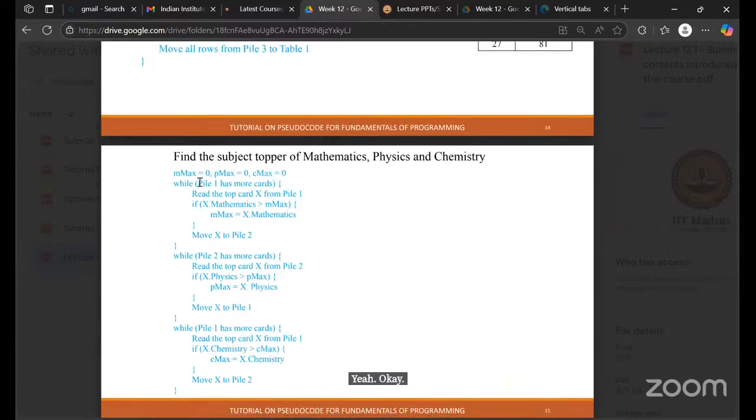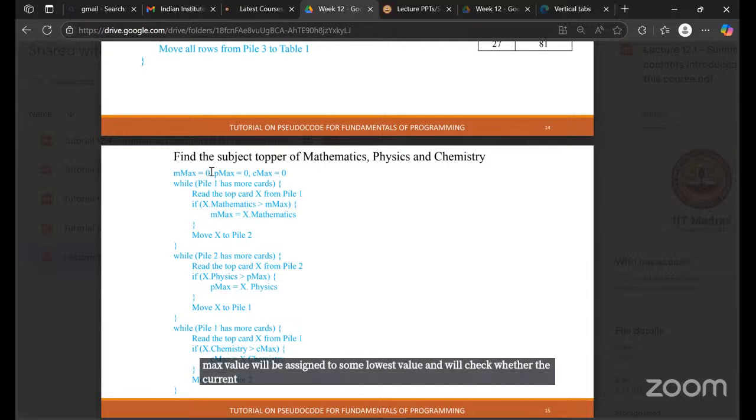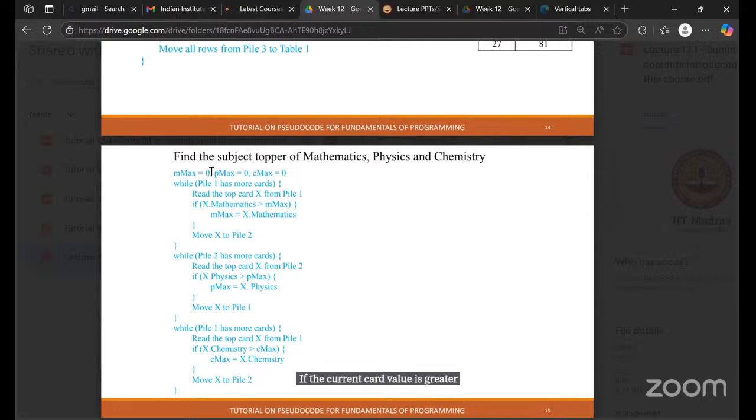Example of procedures are here. Find the subject topper of mathematics, physics, chemistry. If you wanted to find them, how to compute the max? You will store max equal to 0. Max value will be assigned to some lowest value, and we'll check whether the current card value is greater than the max. If the current card value is greater than the max, then the max value will be updated to